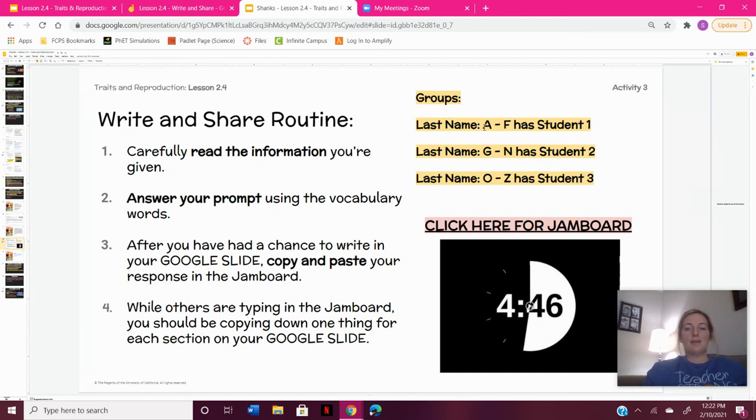All right, so these are your groups. If you have a last name A through F, you have student 1, G through N, you have student 2, O through Z, you have student 3. All right, what you're going to do is you're going to read your information carefully. You're going to answer the prompt using the vocab words. And once you have had a chance to write in your Google Slides, you will copy and paste on a